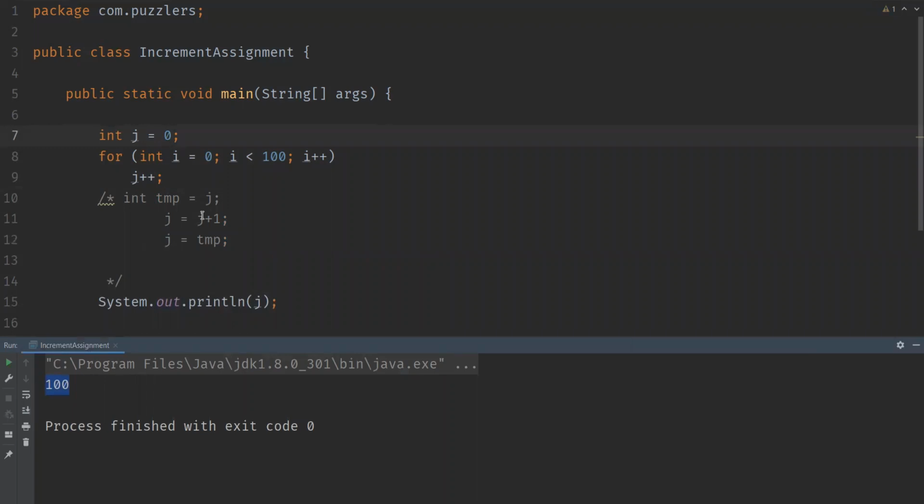So in summary, do not have multiple assignments to the same variable in a single expression, because it is confusing as we saw and never does what we want,